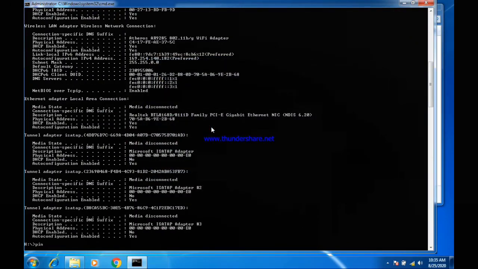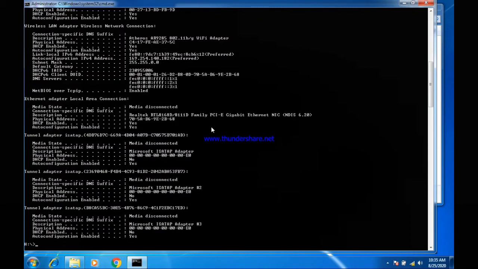Next command is the ping command. If you want to check whether any device in the network is physically connected to your PC or not, then you can check that with the help of the ping command. I am typing ping. My PC is in a network, but I don't know the IP of any other device. I will type one IP, 127.